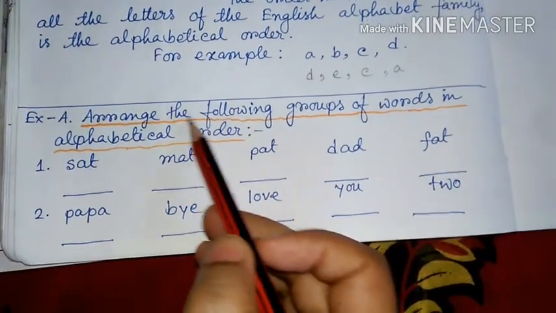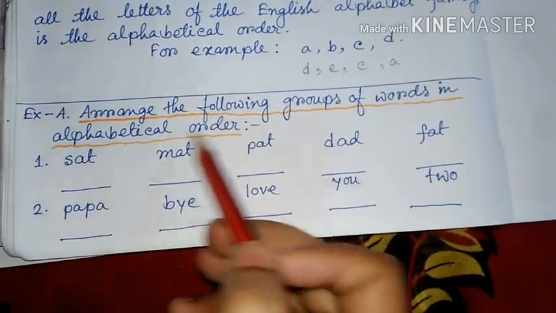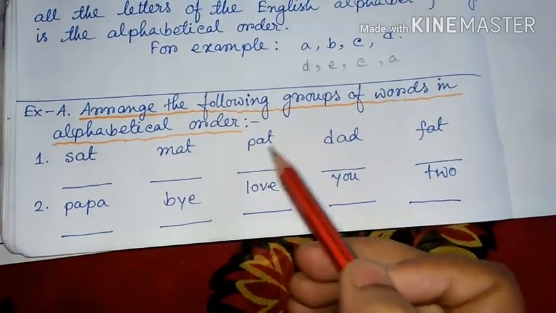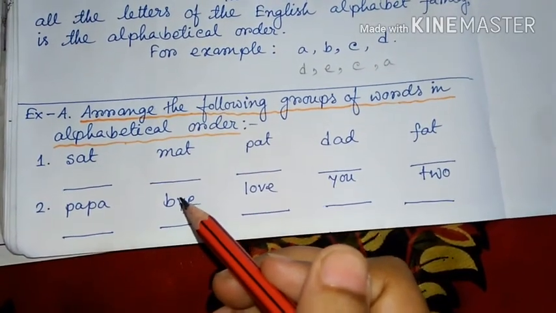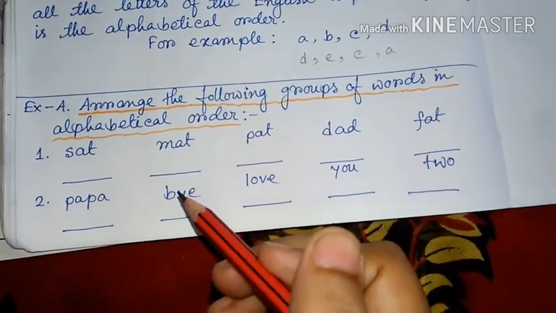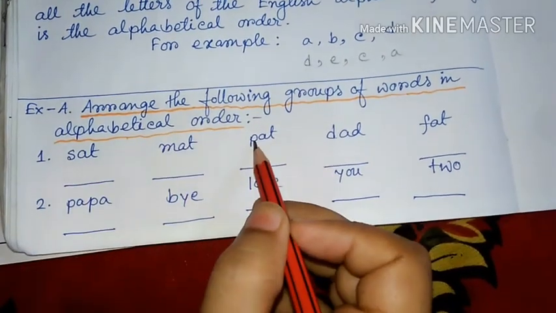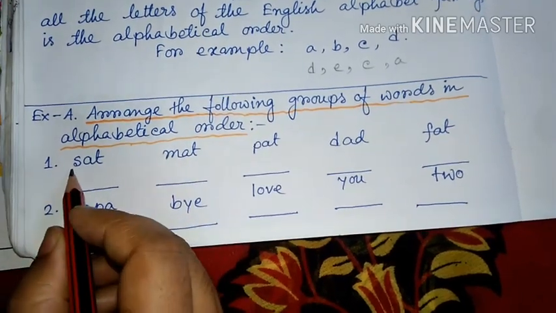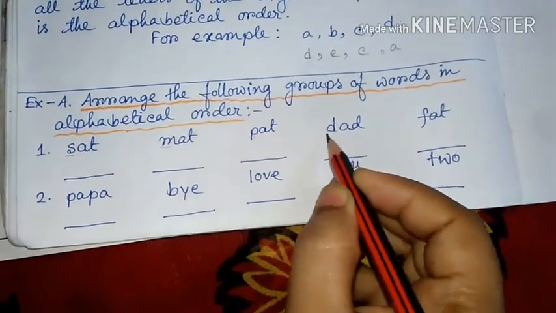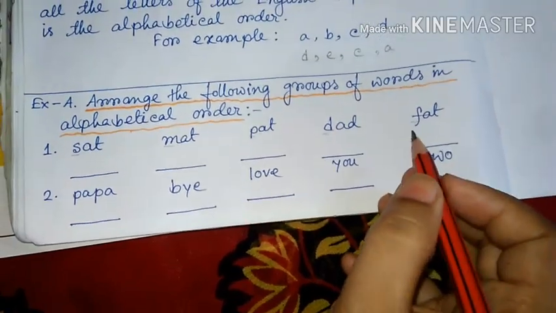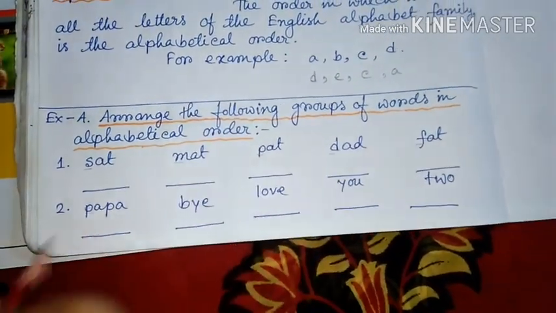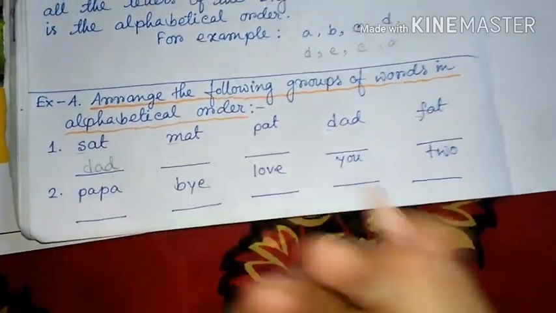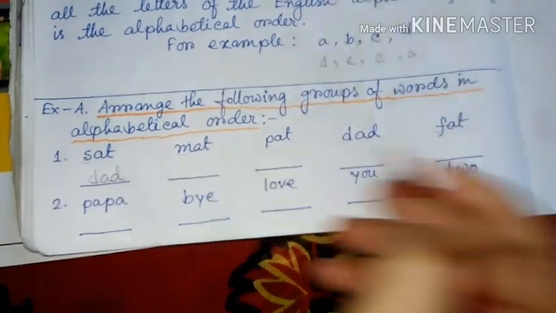Exercise A. Arrange the following groups of words in alphabetical order. Here are some words and we have to arrange these words in alphabetical order. So as we all know, the first letter of every word helps us to write the words in alphabetical order. Here the first letters are S, M, P, D, F. So according to the alphabetical order, the first one will be dad,